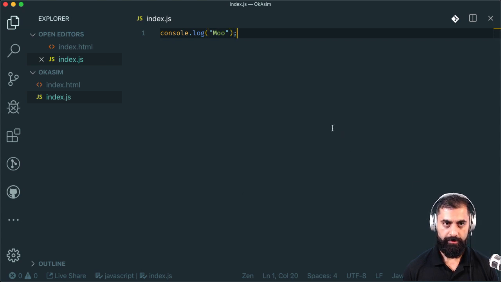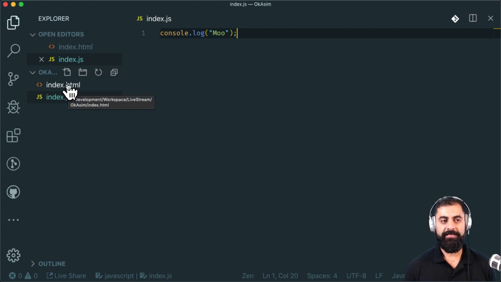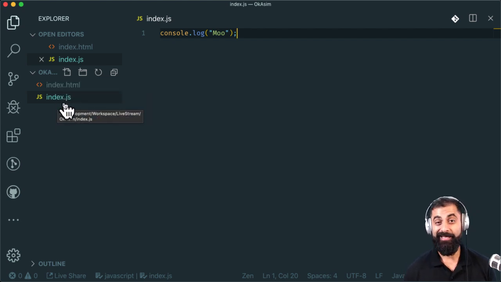That's what I do. Okay. And there's a couple of different ways. We now need to run this. What I always recommend when you're doing stuff like this locally with index.html and index.js is don't